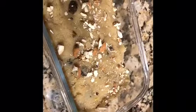There you go. Garnish your halwa with some nuts. I garnished mine with